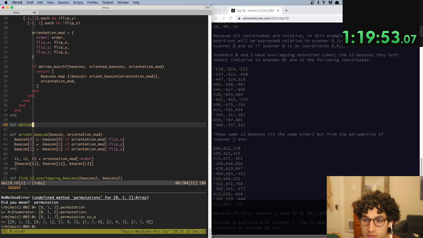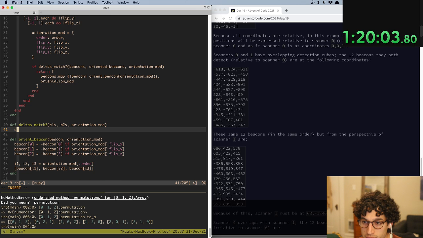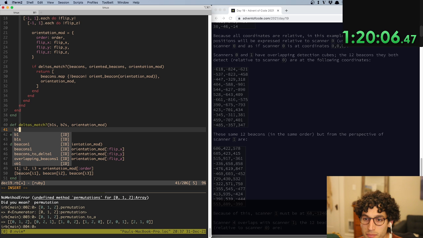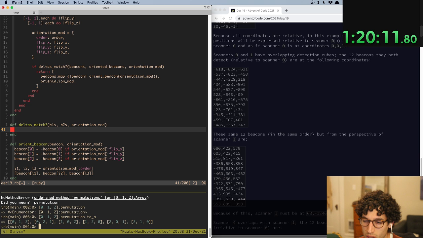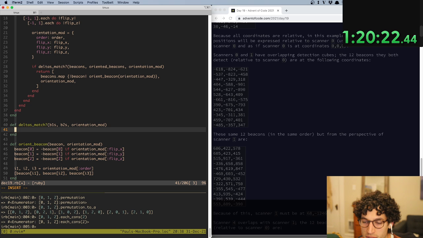Def deltas match, B1s, B2s, orientation mod, B1s each cons 2. Wow, this is amazing. In Ruby, I can do this. Each cons 2 dot zip b2s each cons 2